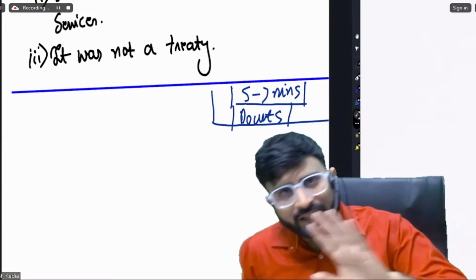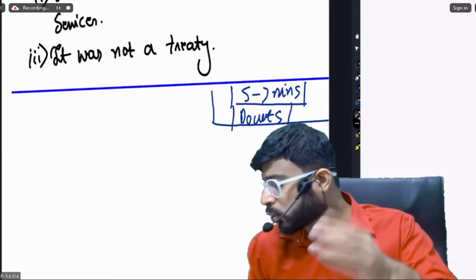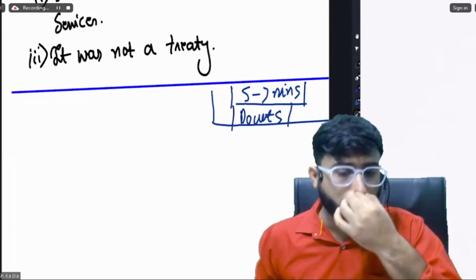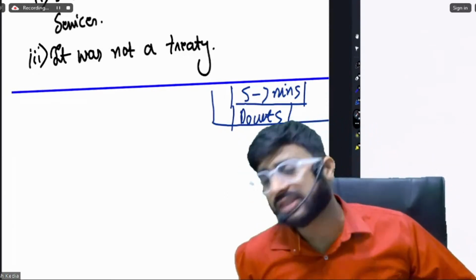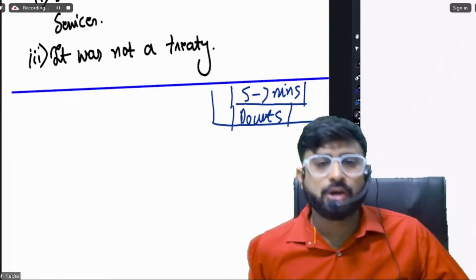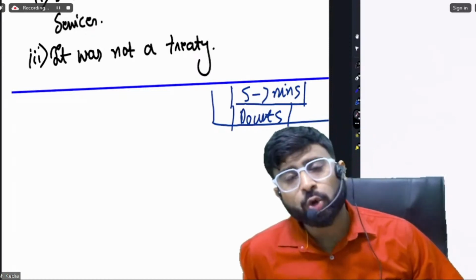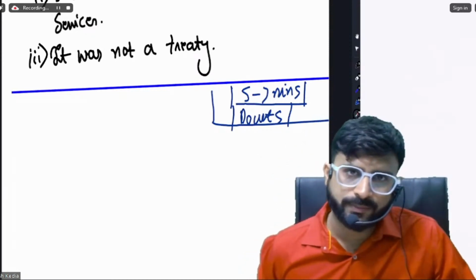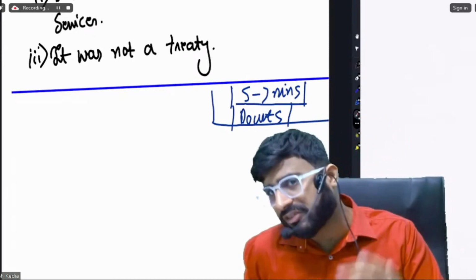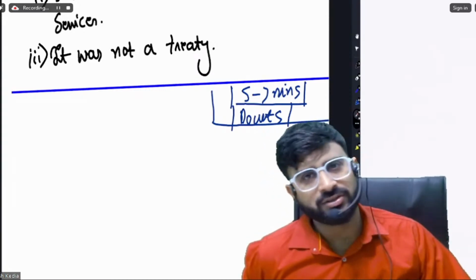No. When there was GATT, WTO did not come. I have not told you anything about WTO yet, so don't ask. Because now WTO is going to start. We will start WTO. When there was GATT, WTO did not exist. WTO was a replacement of GATT. So now from 1995 you will see that WTO will come into existence.